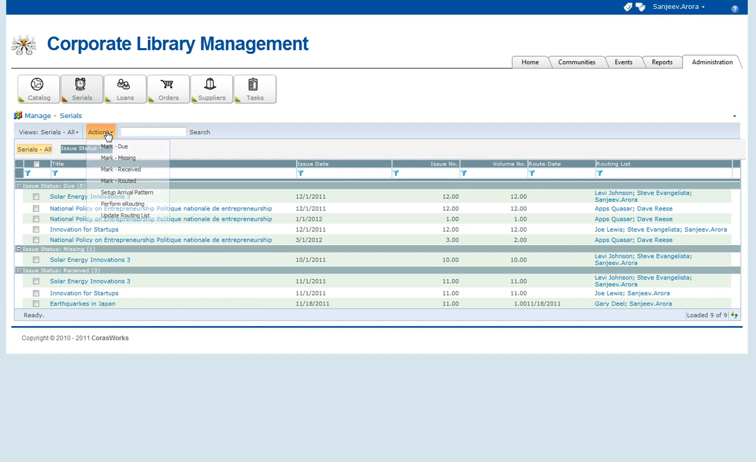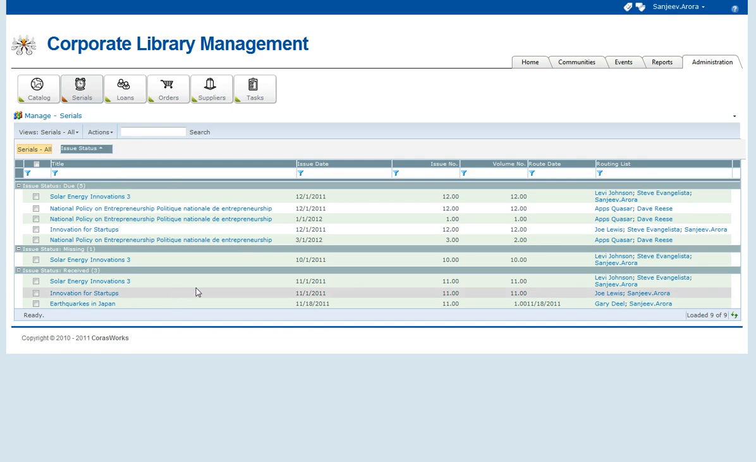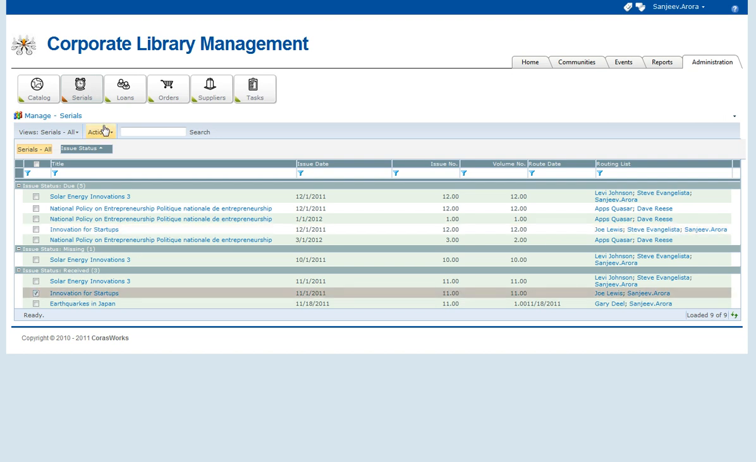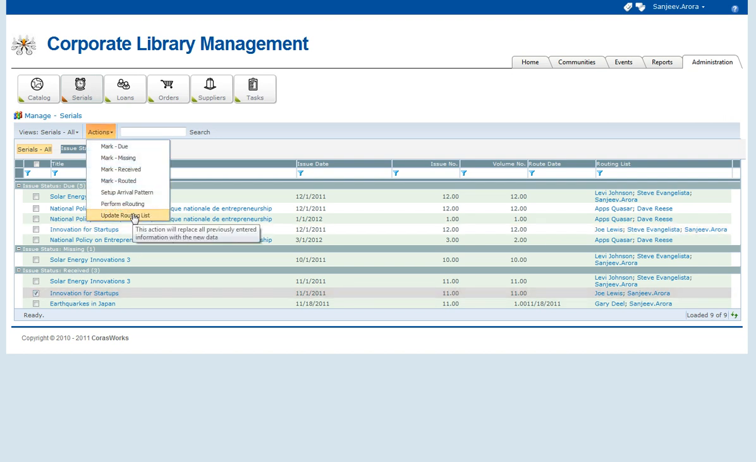First, what we'll do is we'll use the action update routing list, where new users do come on subscriptions. So here you'll notice Innovation for Startup only has 2 people's names in there, but in the next, which is due, we have 3, where we have an additional Steve. So what we can do is we can check this item and click on update routing list